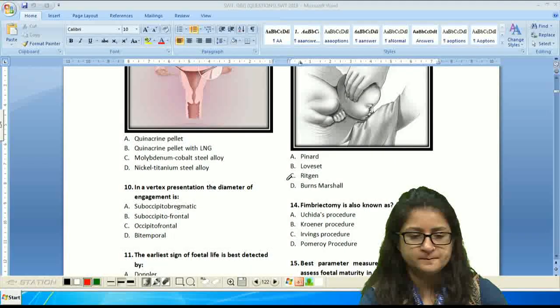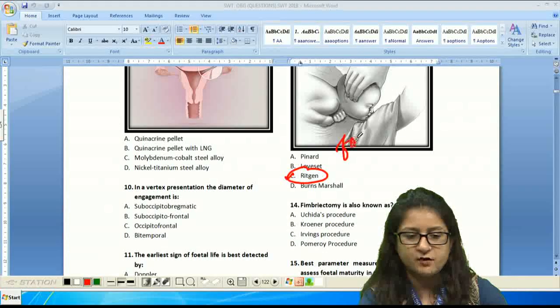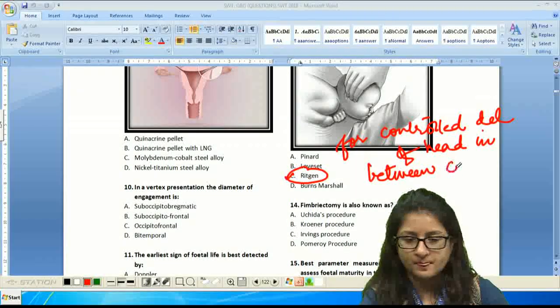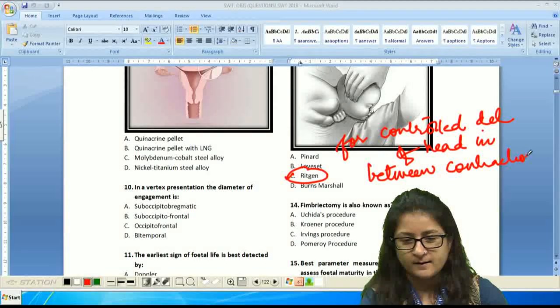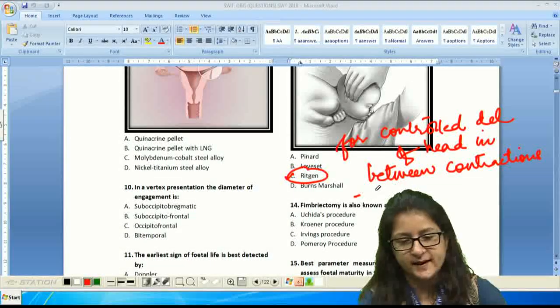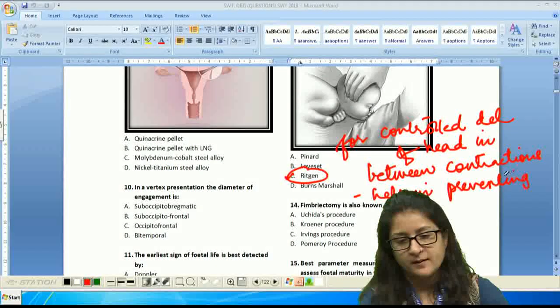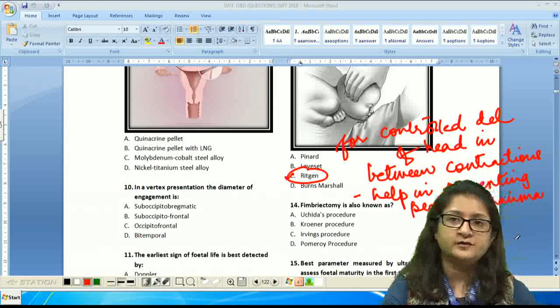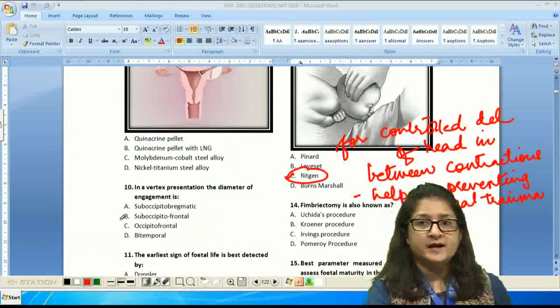This Ritgen maneuver is for controlled delivery of the head in between contractions. Okay. They basically help in preventing perineal trauma during delivery. Another important point that you have to remember about prevention of perineal trauma in delivery is